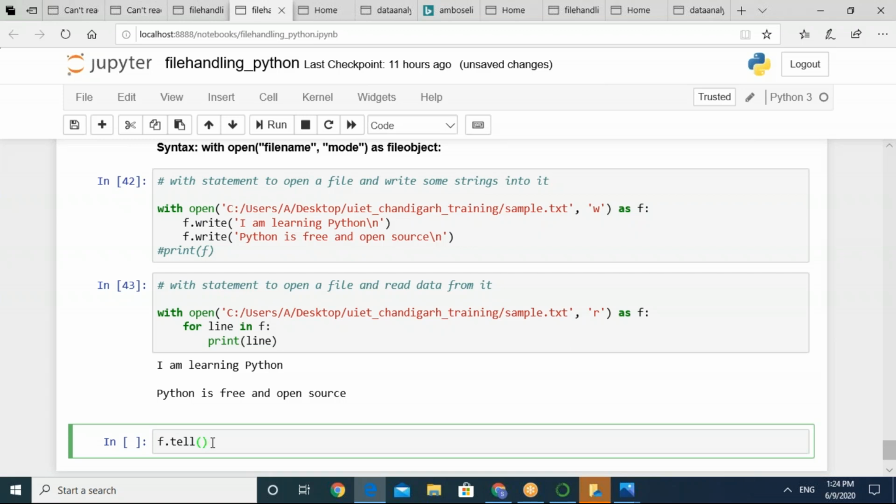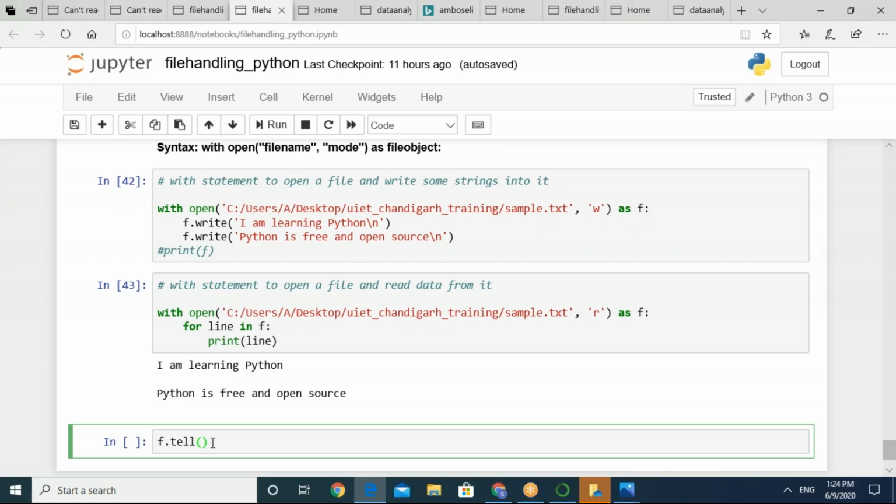So seek is basically to move to a particular position. f.tell tells you the particular position in your file. If currently you are at any point in your file, you can know at which byte you currently are. So you can first of all take the position through f.tell, and then you can move on to any specific position from there. Okay, another query is what are the different values that we need in the seek method